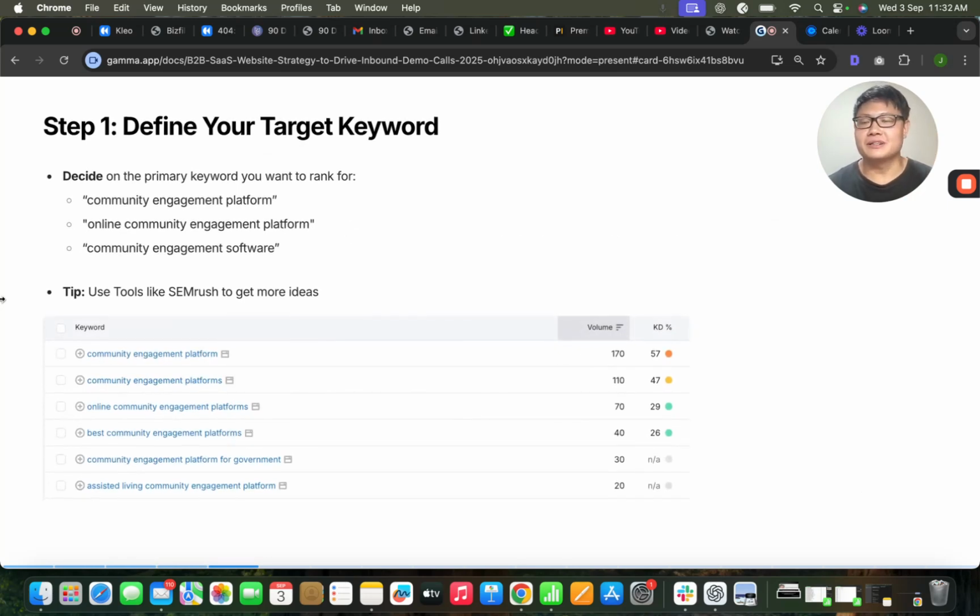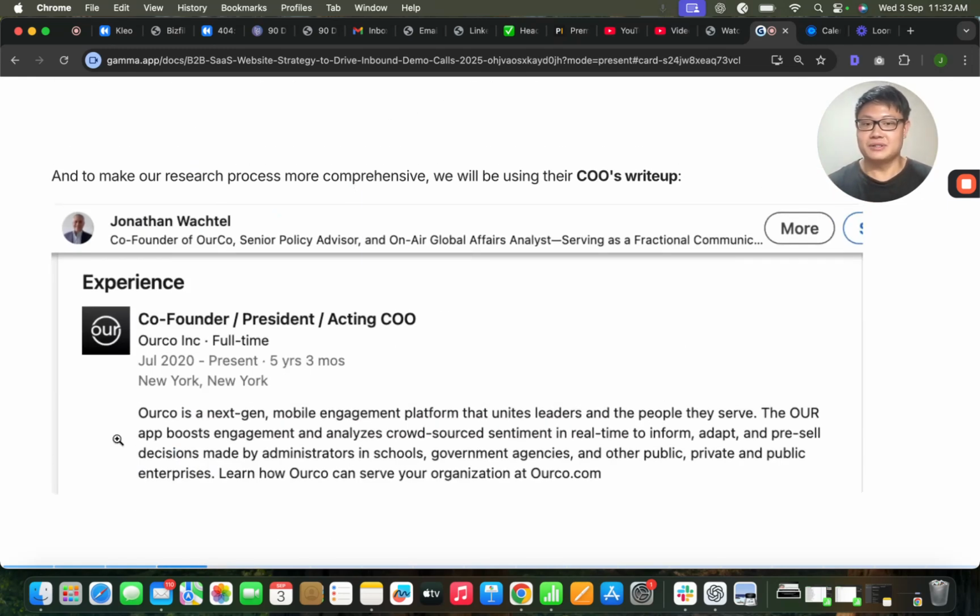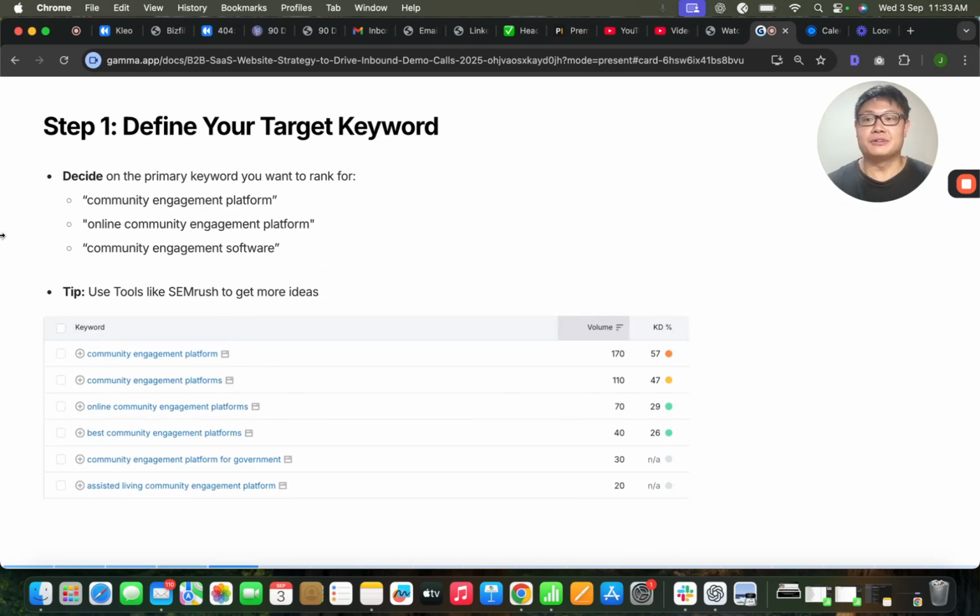So step one, we first want to define your target keyword. We want to decide on the primary keyword you want to rank for. As mentioned earlier, if you look back at this slide, you can see that our code is a next-gen mobile engagement platform that unites leaders and the people they serve. More importantly, they're also used by administrators in schools, government agencies, and other public and private enterprises. So some of the primary keywords that might come to mind, in terms of what you want to rank for, might be community engagement platform, or variations of it, like online community engagement platform or community engagement